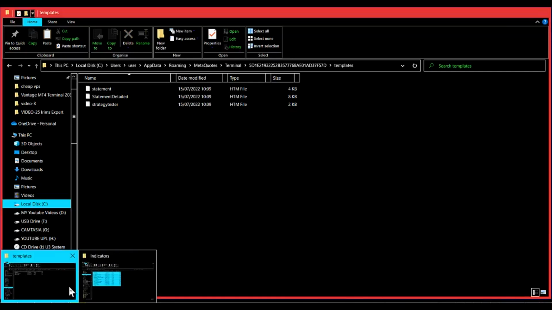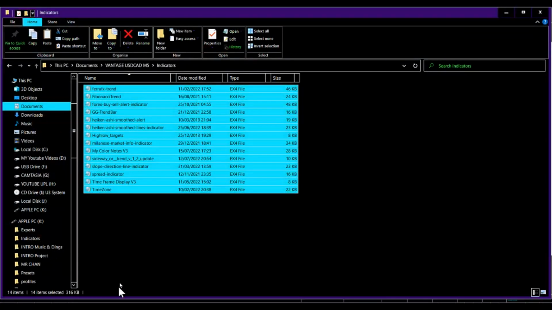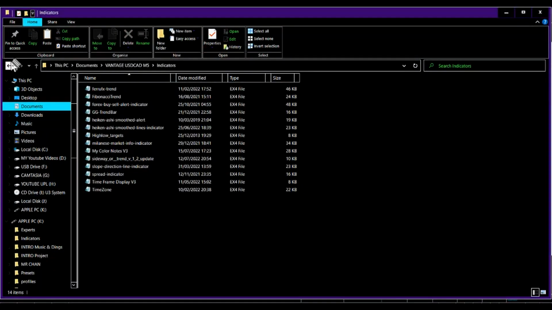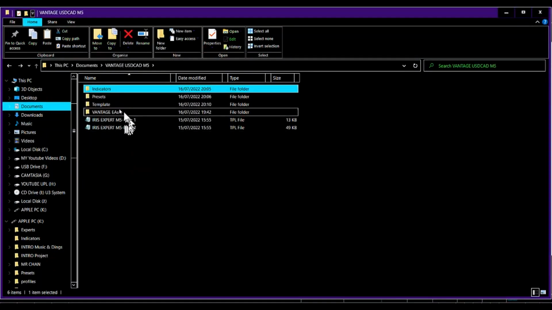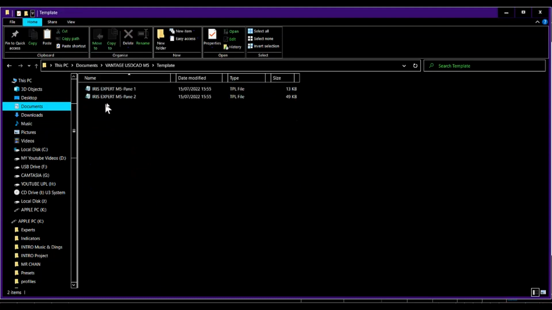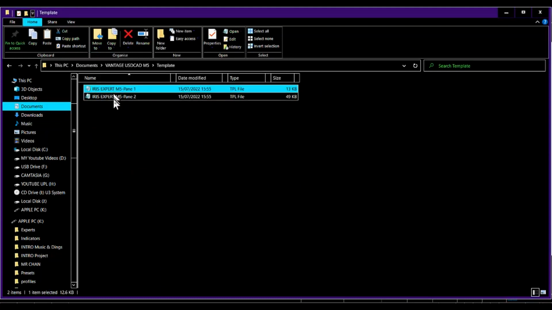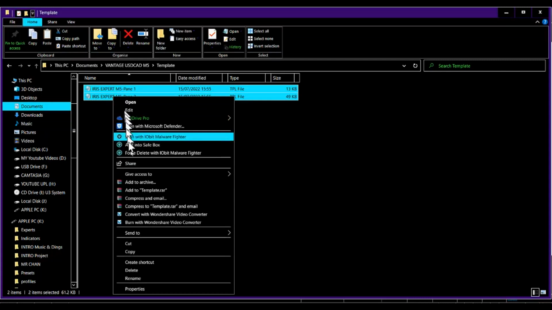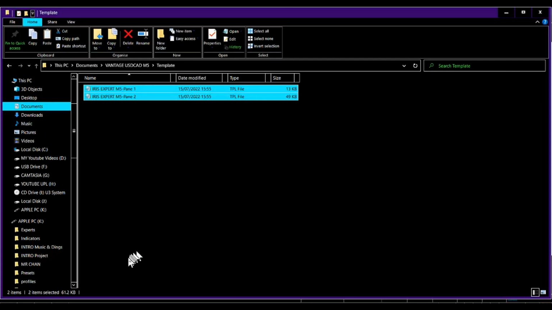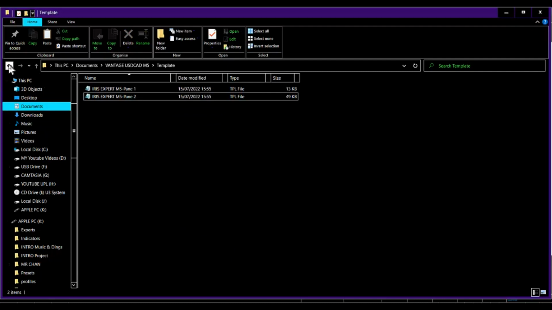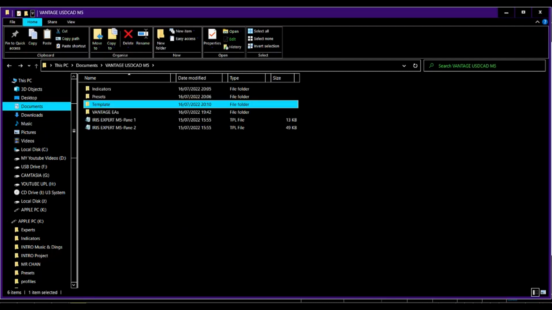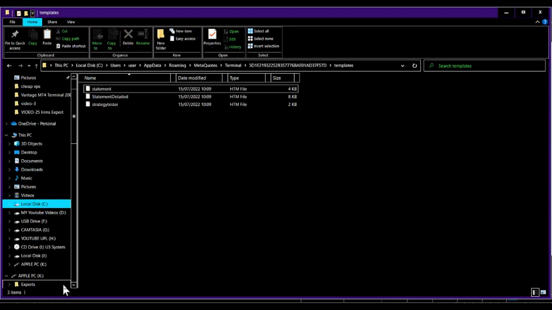Template. Oh, sorry, it's this one. It's this one here, which we need to go back one step to go back to the templates, which is that one there and that one there. Right, so we copy that and then go back to the other one. Go back here where the template is. Right,